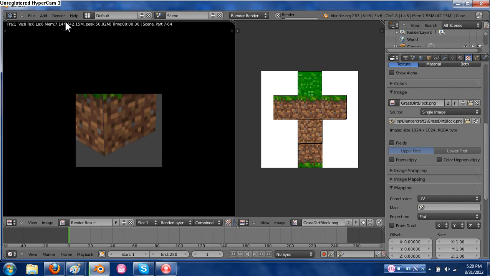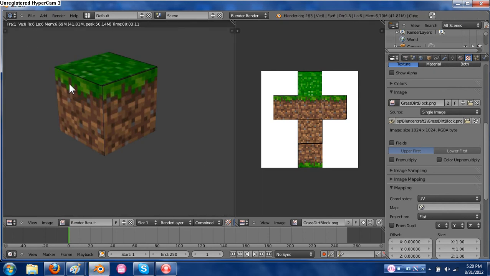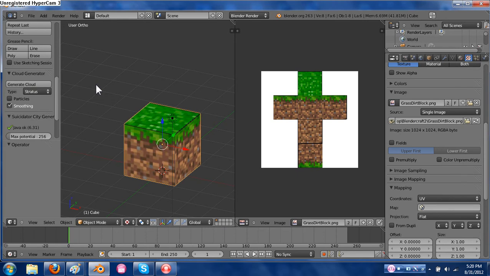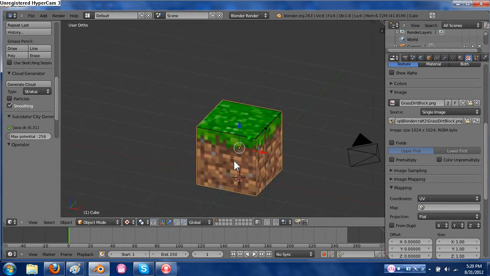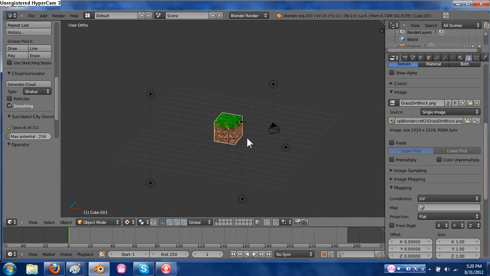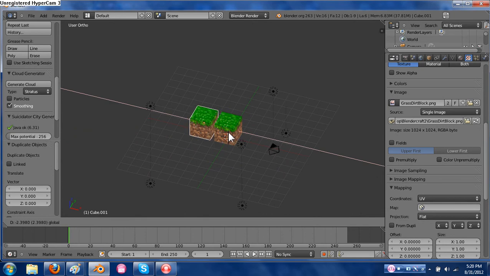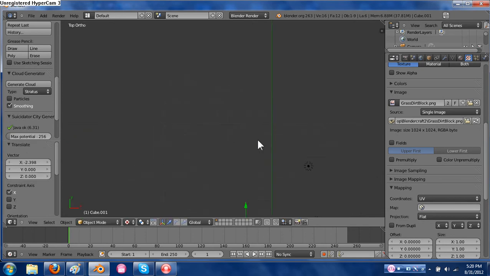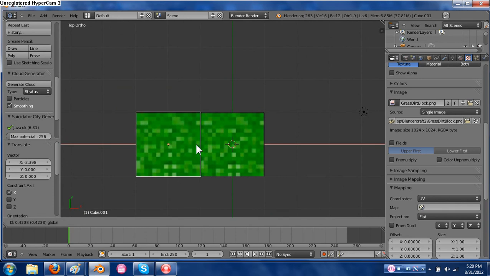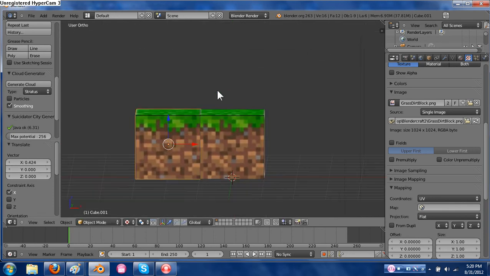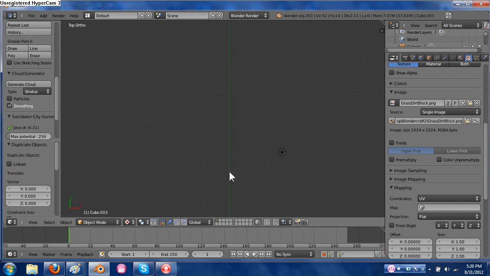So if we render the image, we got ourselves the dirt block. Hit escape to leave that. And now, best part about making a Minecraft animation in Blender is you only have to make that once, because then you hit Shift D, and now you got another one. I'm gonna go to 7. Then move that right there next to that one there. Gonna select both of these, hit Shift D, go back to 7,